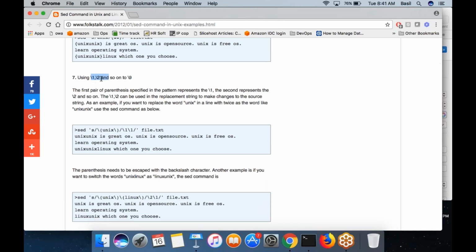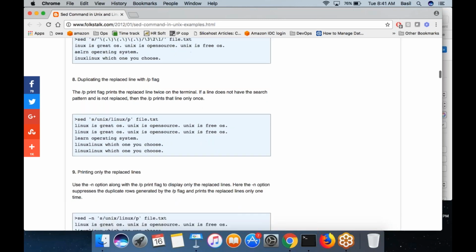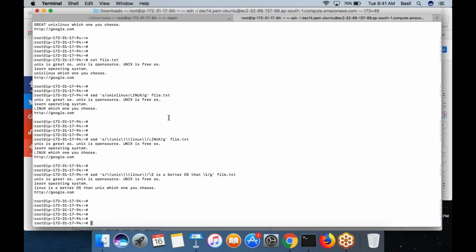Yes, you can use \1, \2 up to \9. And the -p switch, if you use it, would print the lines that match. Let's say I am running this command. I'm looking for Unix and want it to be replaced with capital UNIX.